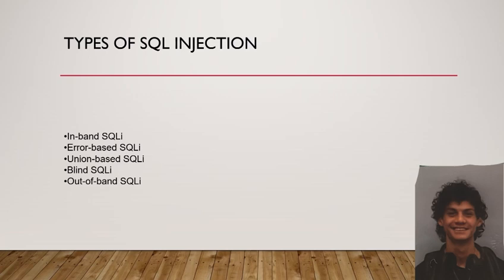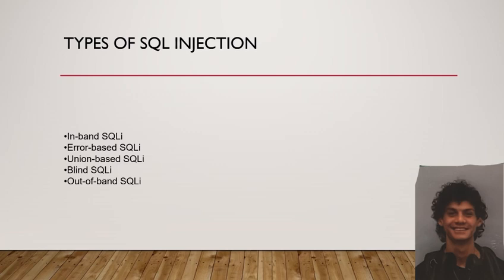Well, let's move on to the types of SQL injection. There are several types of SQL injection attacks: in-band SQLI, error-based, union-based, blind SQLI, and out-of-band SQLI. An in-band SQL injection is where the attacker retrieves data through the same channel used to inject it. Error-based SQLI forces the system to generate error messages that reveal information about the database. Then we have blind SQL injection, where the attacker doesn't see any immediate output but can still extract information through logical deductions. Finally, out-of-band SQLI